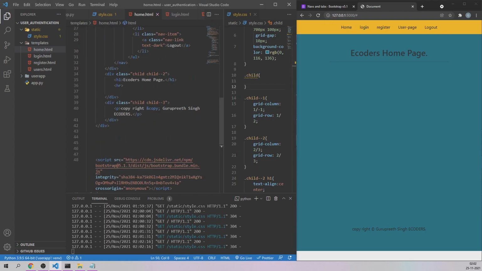Same thing I'm going to do for this paragraph as well. So the entire division, I'm going to say bg-warning. It becomes yellow color, and let me save it and refresh the page and show you.